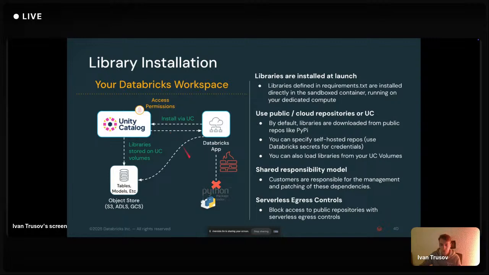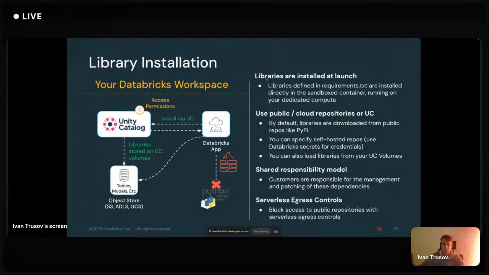And if you are using apps, they are subject to serverless egress control, or serverless egress gateway. That's the old name. The new name is serverless egress control. So you can actually limit where this app will be able to go in terms of network. Users will not be able to just go and grab or start parsing services or anything like that. You can control this securely through the Databricks means of security control.